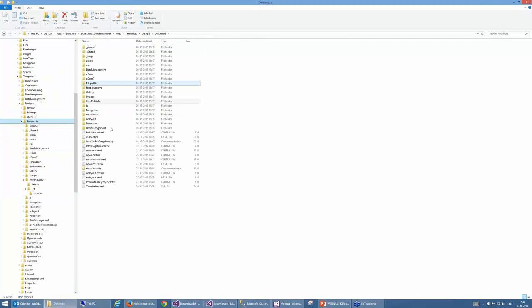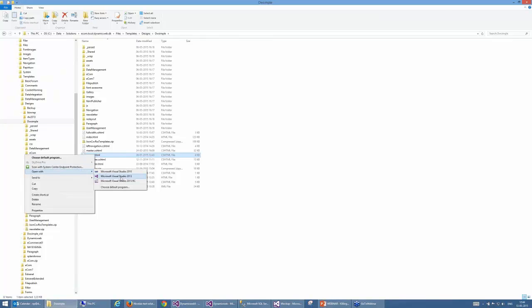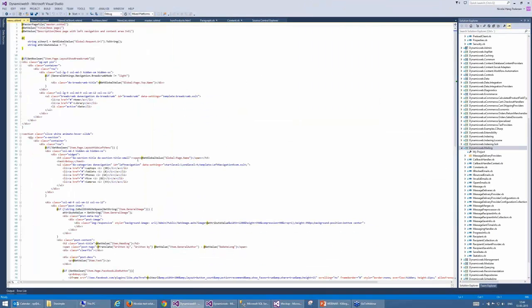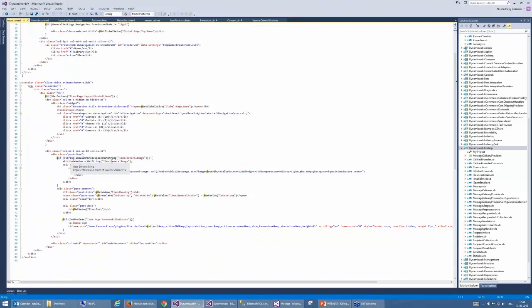I have a design called DV Simple, and I have my news template right here. In this case, it's a Razor template. We use the master up here that takes care of all the navigation and all of that. And then I have the possibility of showing the item image or the heading and the author and the text and some other features that I have. So right here I have all the possibilities that I usually have of a layout template, and I can do some more things on a layout template than I can do on a